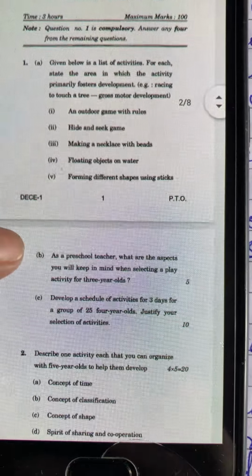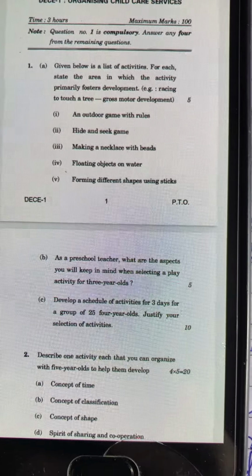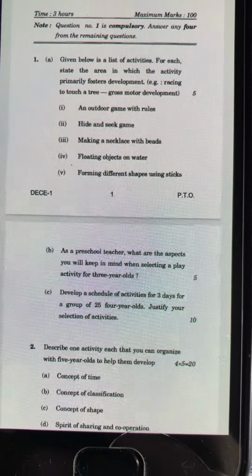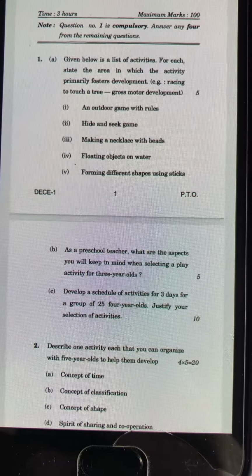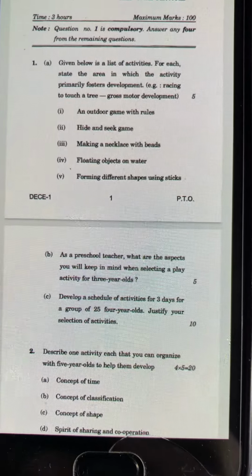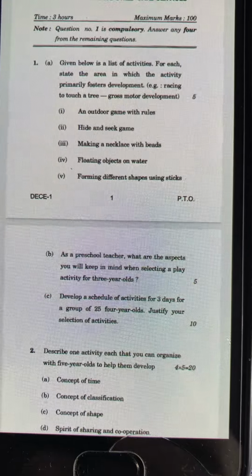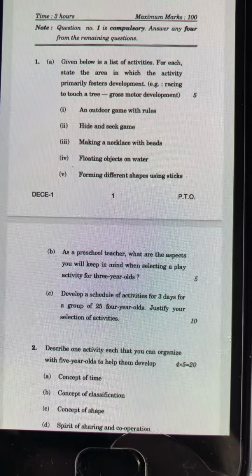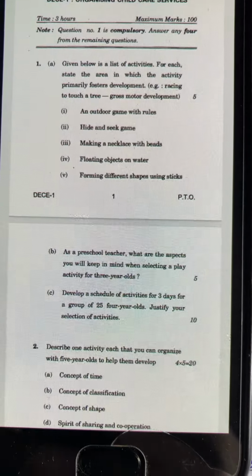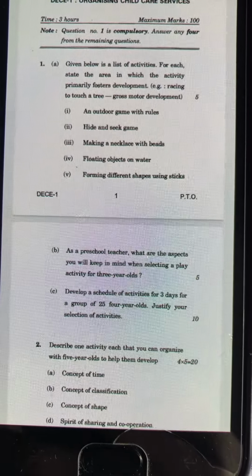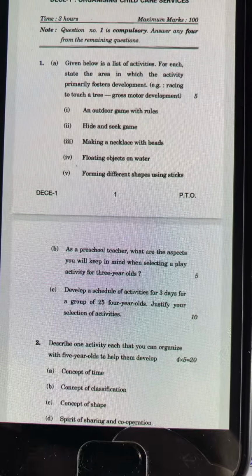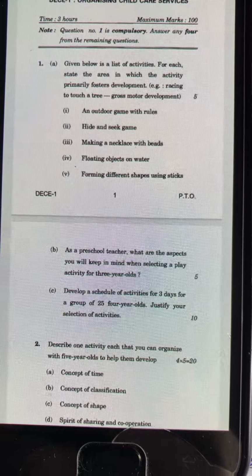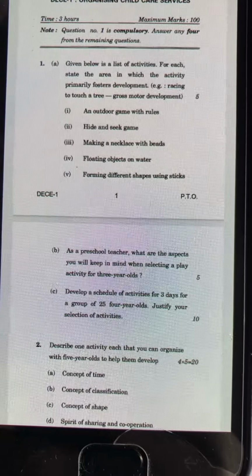So the first question we are going to discuss is: given below is a list of activities. For each, state the area in which the activity primarily fosters development. They have given us the example, racing to touch a tree. That is gross motor development. So, first question,